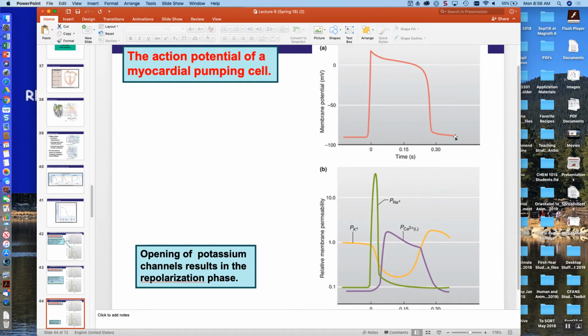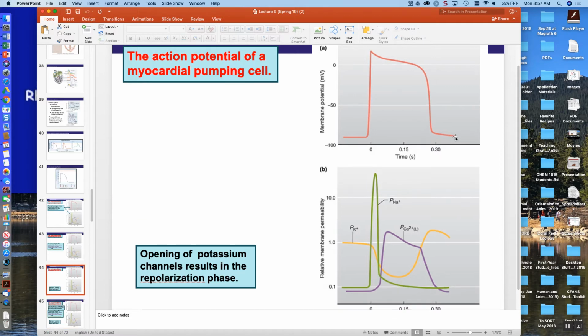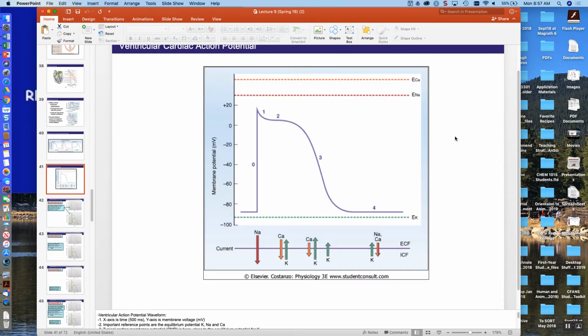So I started with the ventricular myocytes because they have all 5 phases, 0, 1, 2, 3, and 4. Okay, so why do you really need to know that there are these different ion channels that are responsible for the action potential waveform? It's important to know that because as you get into the clinics, there are some important